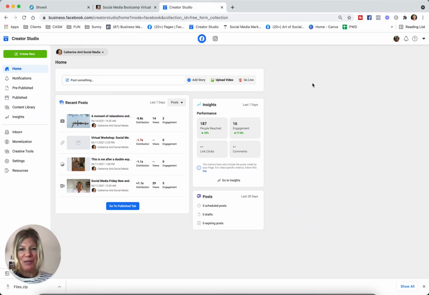Hi, this email is for Chrissy, and this is how you create a draft post on Facebook or Instagram using Facebook Creator Studio. So you log into